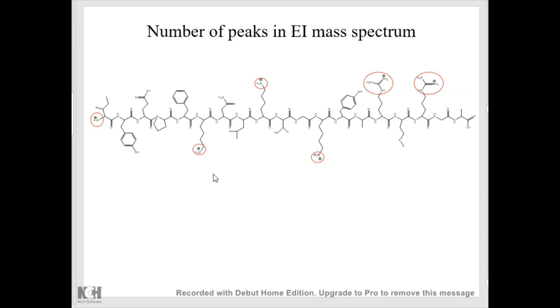I count the full charge on this peptide, and pretty much it's counted as the number of lysine residues, arginine residues, histidine residues, which are not present in this peptide, plus 1, and plus 1 stands for the N-terminal amino group. So let's count: 1, 2, 3, 4, 5, 6. The number of peaks in the electrospray ionization mass spectrum is going to be 6 because